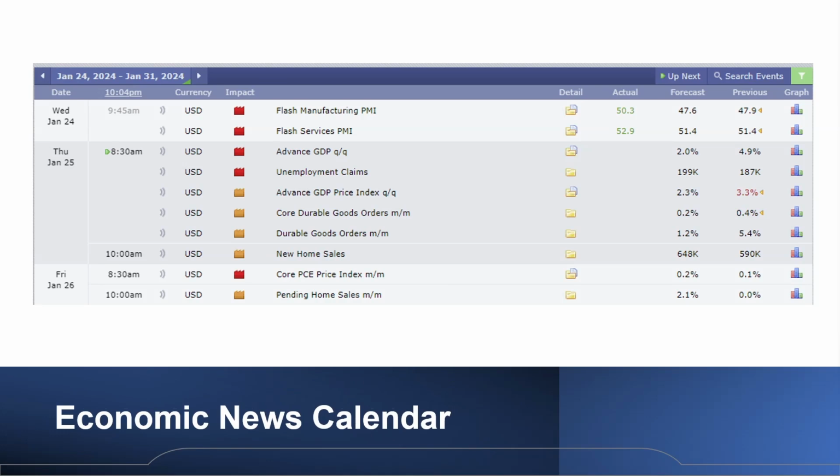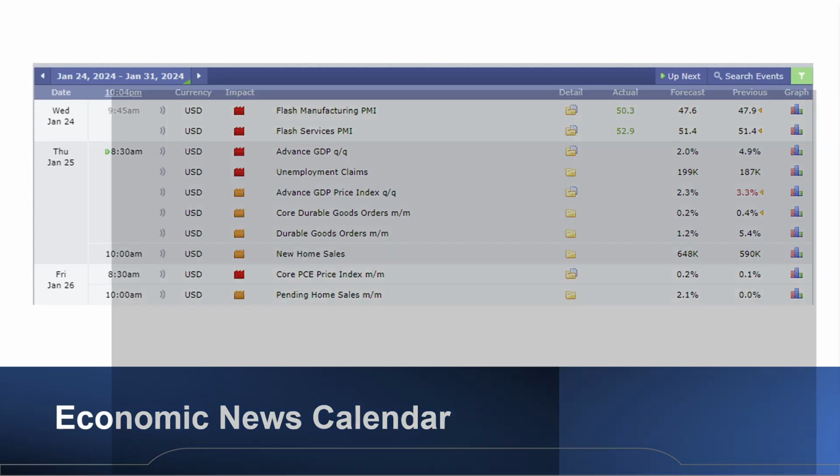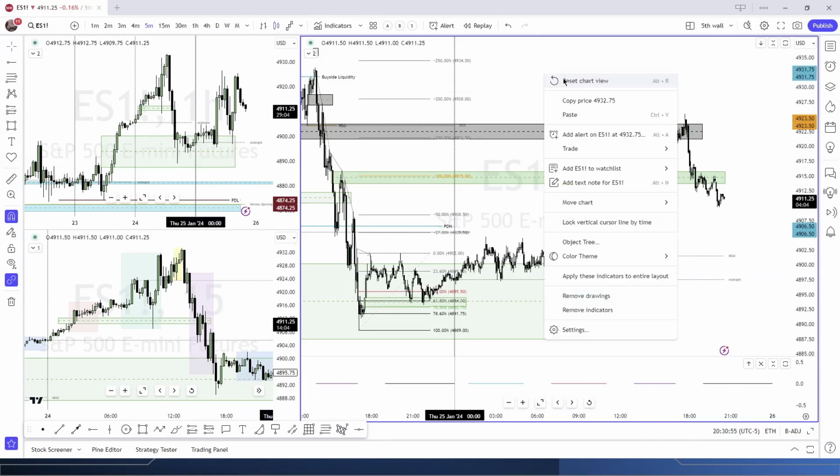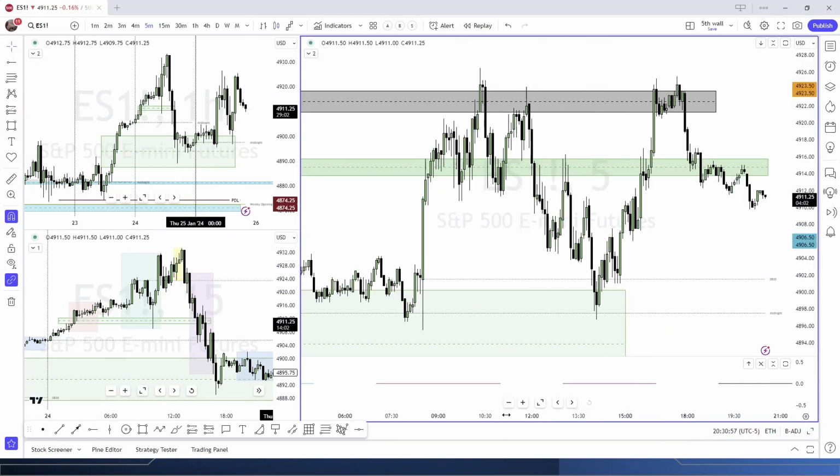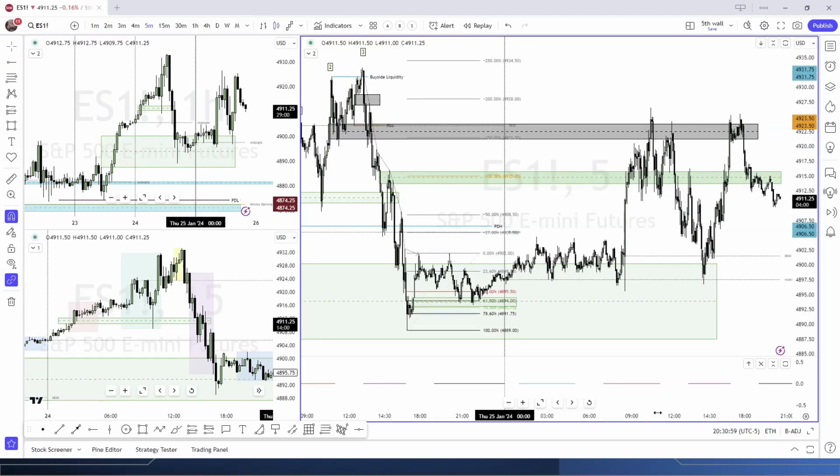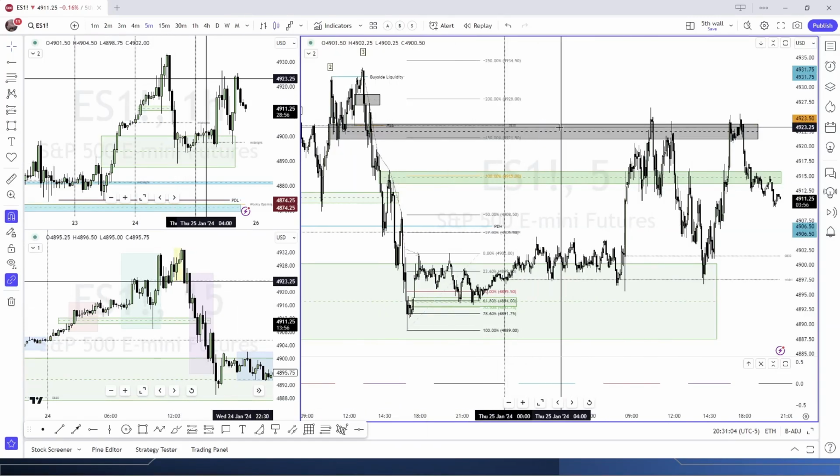So there was news today at 8:30 and 10. 8:30 and 10. Let's see. Price action here. So this dark gray, let's say black,